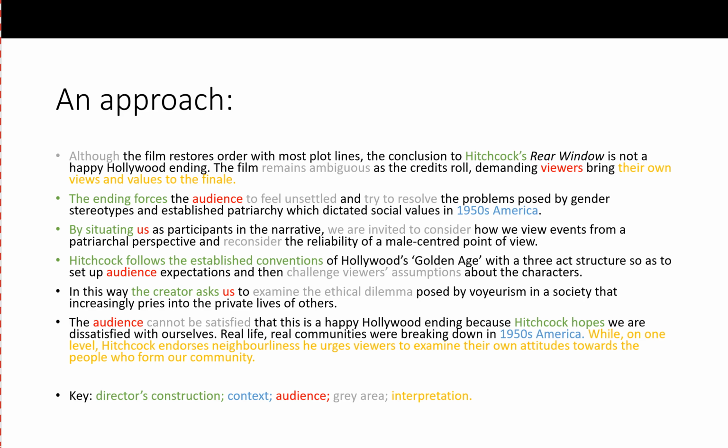In my planning, I've made a specific effort to focus on the director's construction of meaning. I've got only a couple of little bits here with context, and hopefully it bleeds through in my linking sentences that I know the context of the text. No, but I'm going to try and trick the assessor. I've deliberately got in each of those bits something of the audience. I've tried to show that I'm being great in my thinking and that I've led to some sort of interpretation.